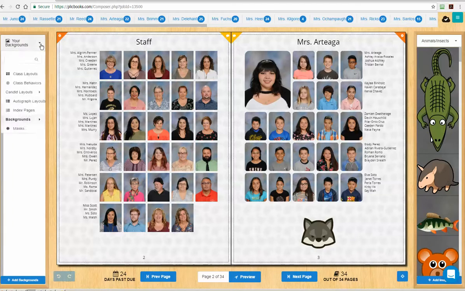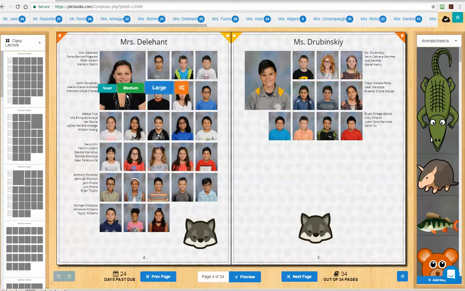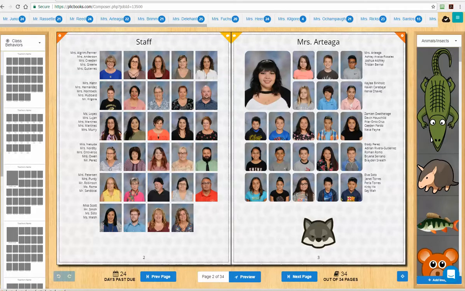But I'll show you some of the variables here on class layouts. If you go here, we'll usually put the teacher by default up here on it, and then on the next page, we'll do the same. The teacher's larger than the students on it. If you don't like what we did,